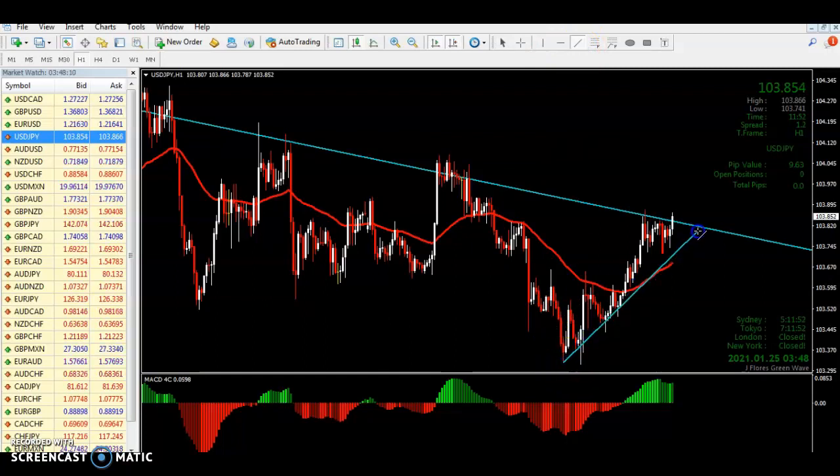Anywhere, I will put it right here. And just go from there, about there. Remember, trend lines don't have to be perfect, but you've got to know what you're looking for, okay? So about there. And then if this breaks down, you can go for at least to this bottom or 50%